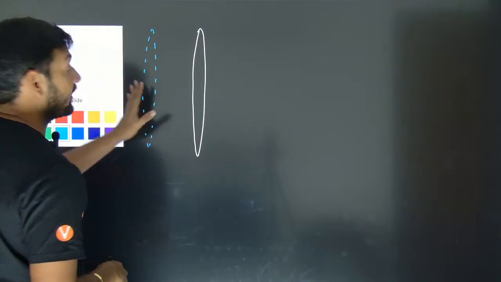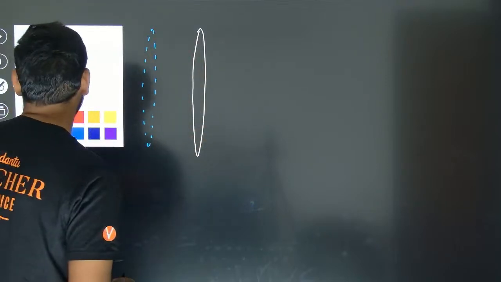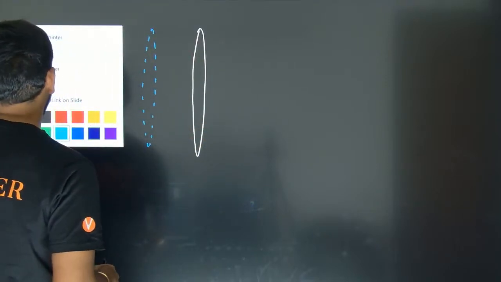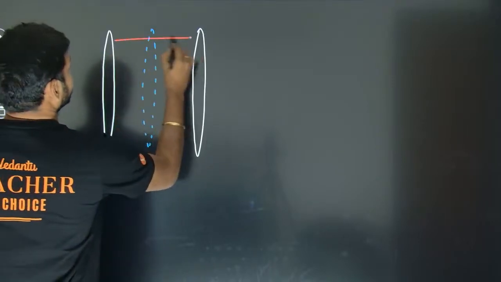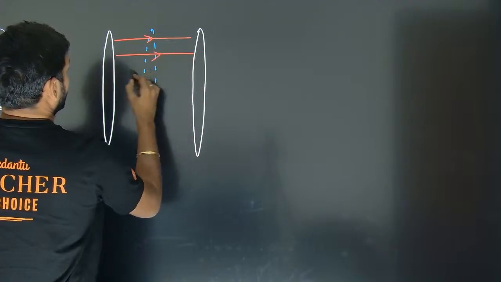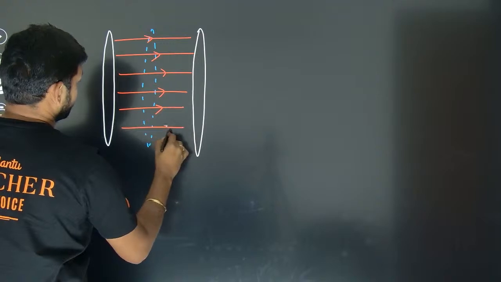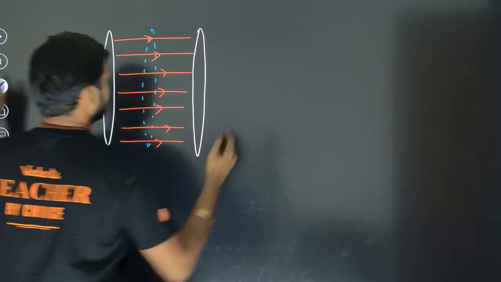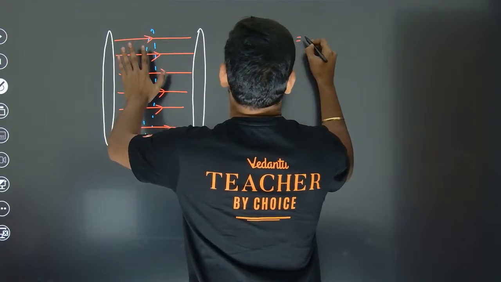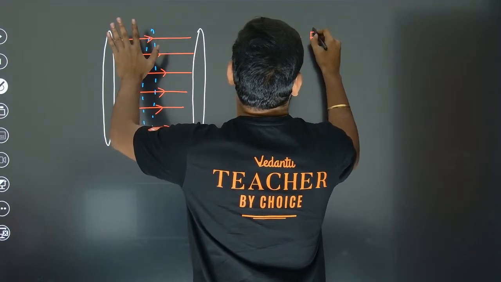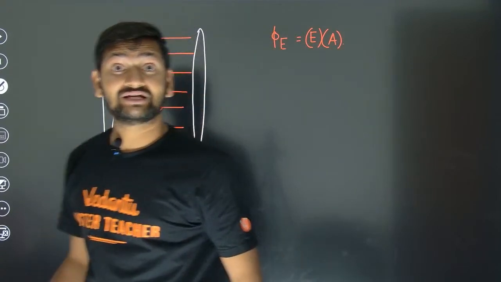Now let us find out how much electric flux is crossing the flat area of the Amperian loop. The flux is going to be the electric field multiplied with the area of the loop,